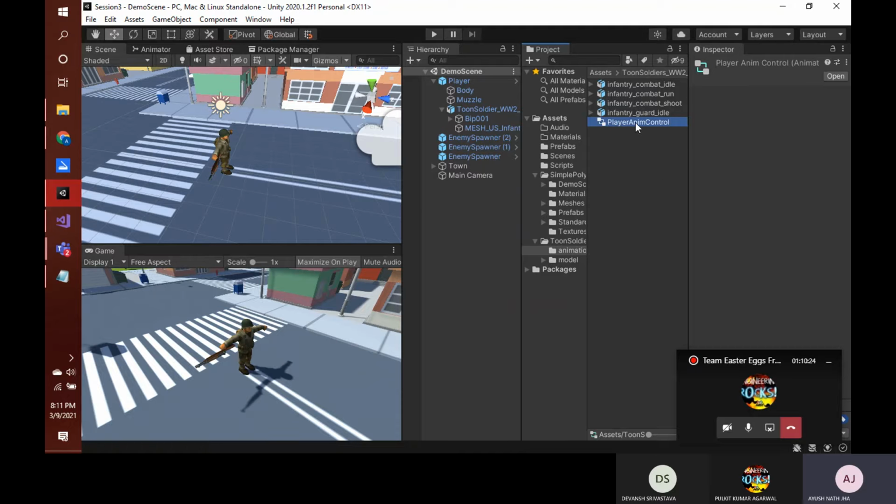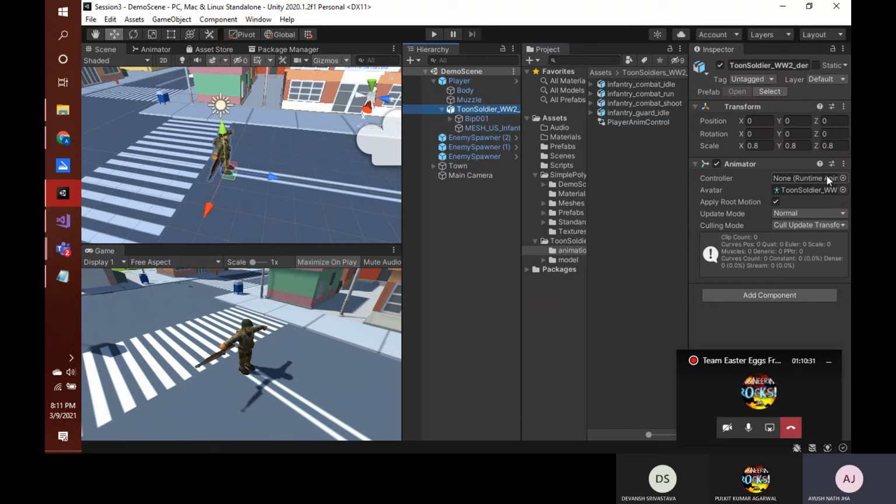And then we'll click on our player, and in this empty controller space we'll simply drag and drop this player anim controller.